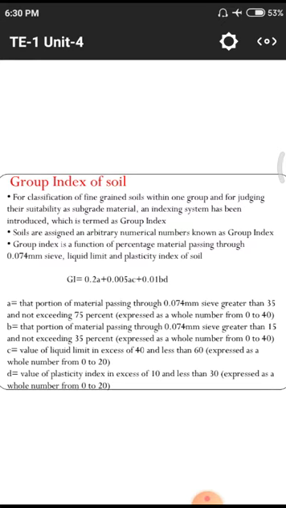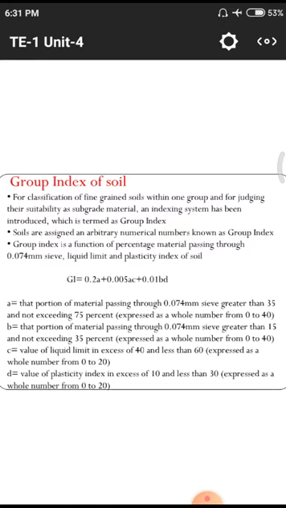That means in the previous case we observed 35% and 75%, but in case of B the percentage varies from 15 to 35. Okay, the minimum quantity is 15% and the maximum quantity is 35. So we need to give a whole number between 0 to 40 for those also. Next one we have C.